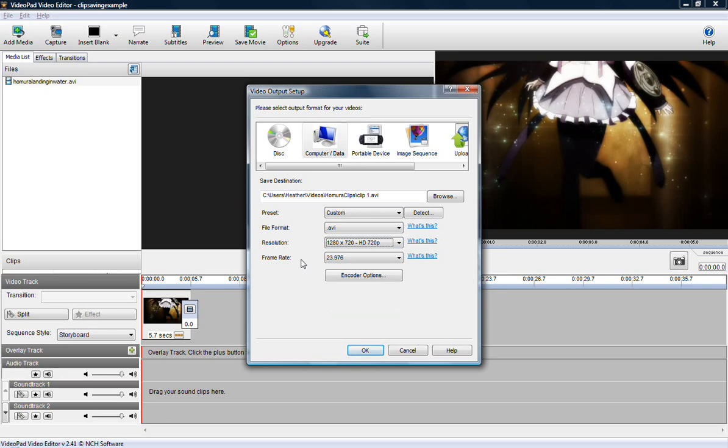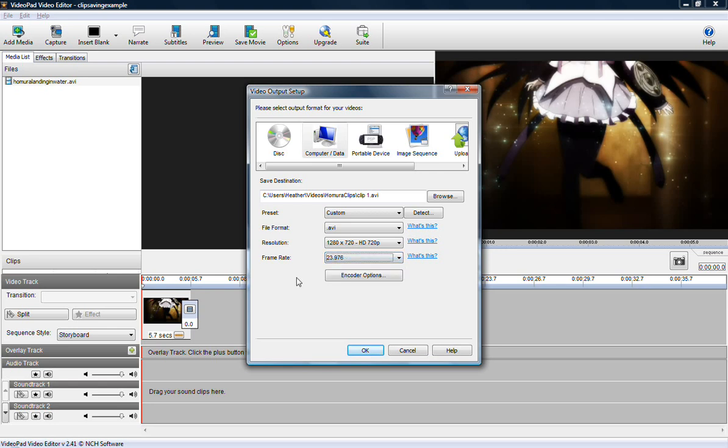The last drop-down menu we have is the frame rate. The frame rate basically determines the smoothness of your video playback. Again, we'll have a drop-down menu that will let you change the frame rate for specific purposes. If you find your video playback isn't smooth enough, feel free to tweak this, or again, if you are going to use it for a specific purpose, then by all means tweak it. However, I find it's best to just leave the frame rate the same as your source clip.